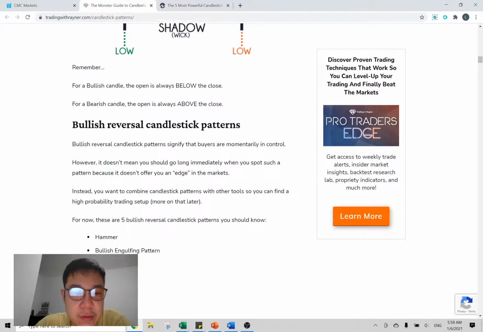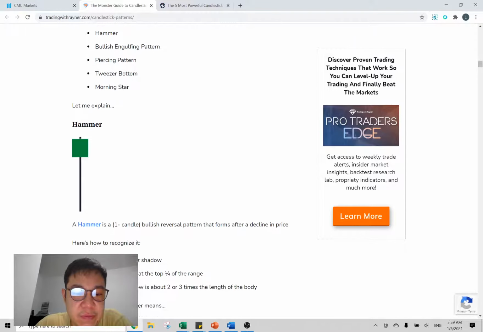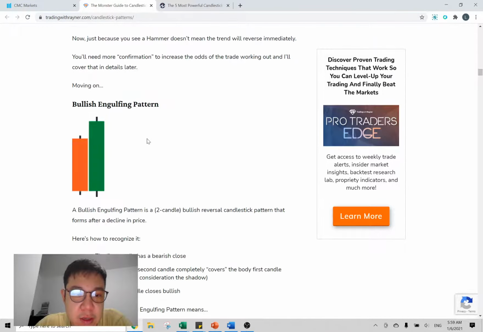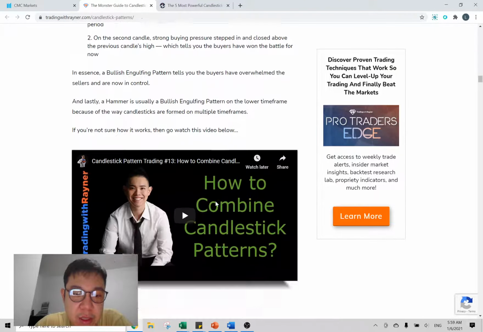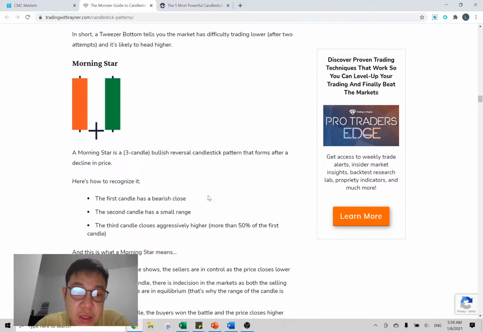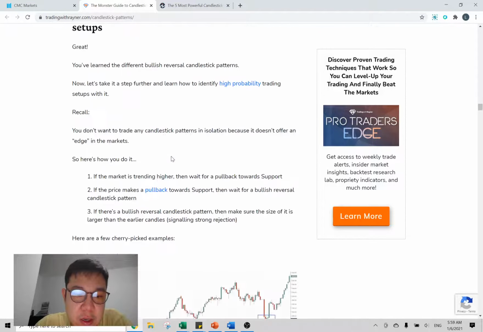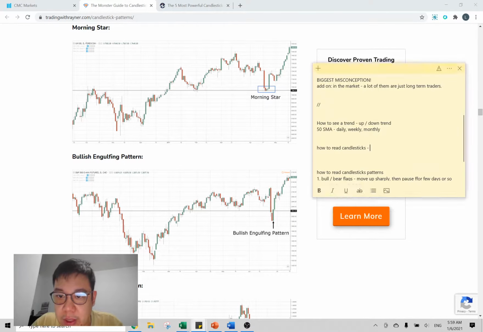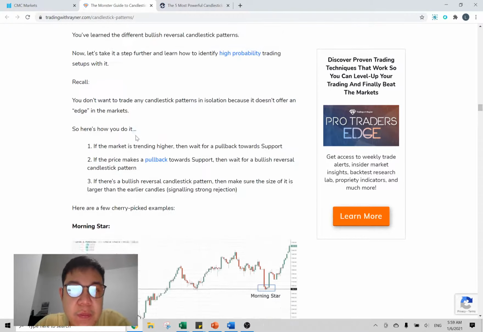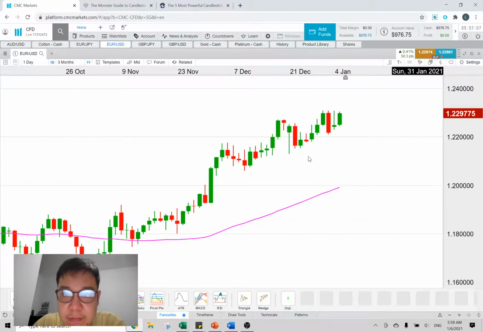Very simple, right? Then there are a lot of different funny names for it. This is a hammer. Hammer is quite strong, by the way. There are all the different patterns but I don't care that much actually. After some time you don't really care. I think there will be some important ones. Morning star is strong, which I will talk about in the next one. So let me just give you real examples.